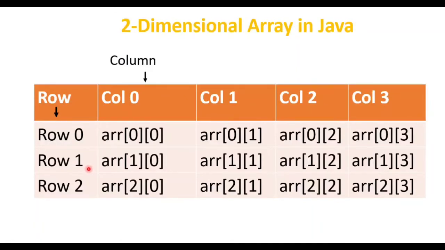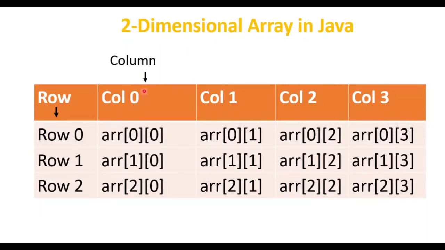If I want to print my next row, that is row number 2, then what I have to do? I have to pass 1 over here, that is index of second row. And what is my column? My column is 0. What is my row number? My row number is 1 only, but my column has changed. It has come to the second column. Therefore, ARR 11. Row number is second and my column number is third. Therefore, I am passing 1 and 2. Now here we have what? 1 and 3 for the second row and fourth column. So again you can see my row position is remaining common, and what is changing? My column position changing. Similarly, we have for last row.